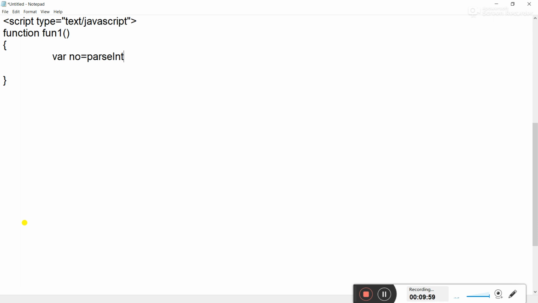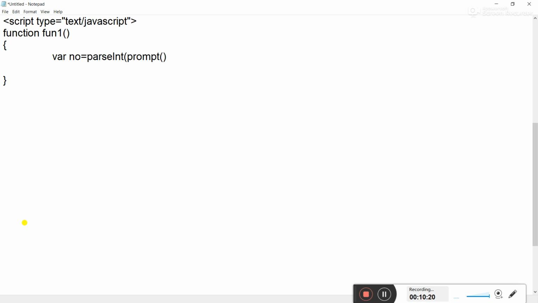So whatever value you are accepting from the user, you need to convert that value into integer. So first we will use the parseInt method. Then after this parseInt, you are going to accept the value. To accept the value, we use the prompt keyword, right? So prompt is a method which is used to accept the value from the user.